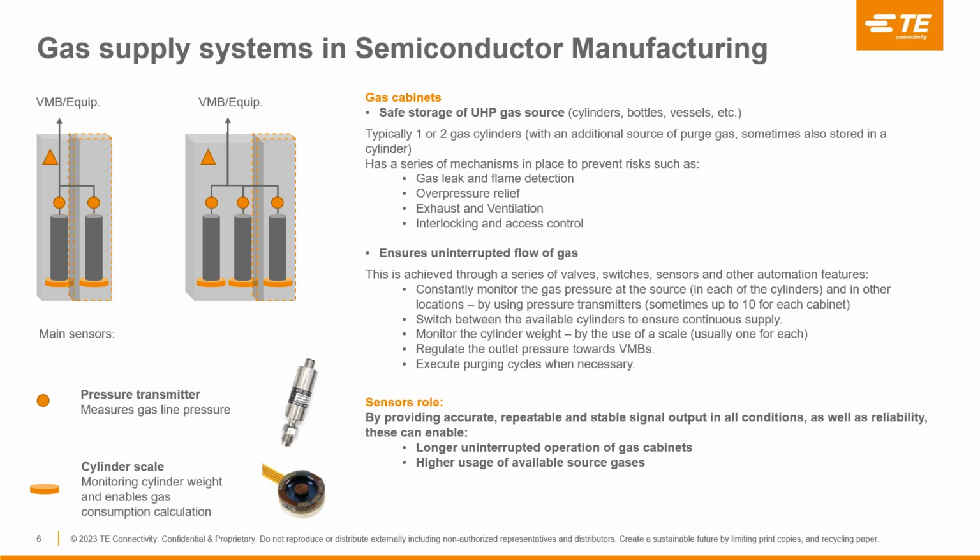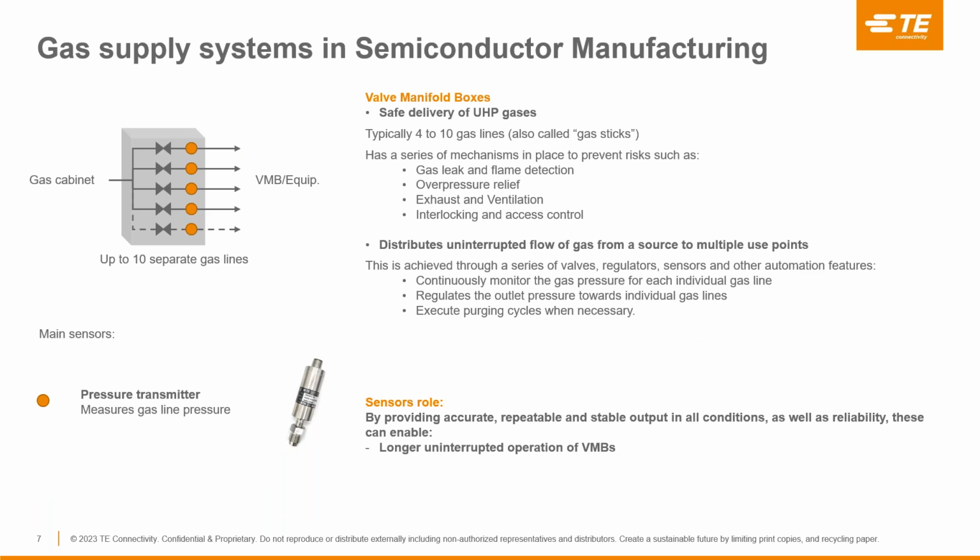It will monitor the level of the fluid inside the cylinders, and that usually is done by the use of a scale. And that's usually one for each type of cylinder. It will also switch between the available cylinders to ensure continuous supply, and it will execute purging cycles when necessary. The main role of a sensor in this case is to provide accurate, repeatable, and stable signal output in all conditions, as well as reliability, which will enable a longer and uninterrupted operation of gas cabinets and a high usage of available source gases. In our next slide, we will explain more about VMBs,